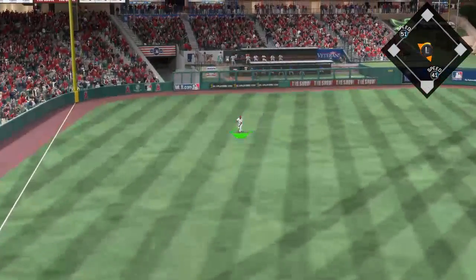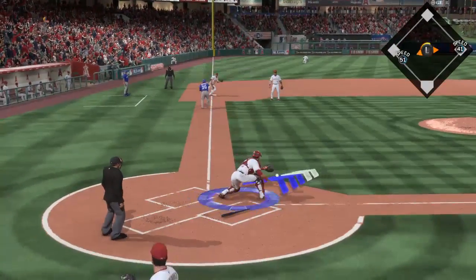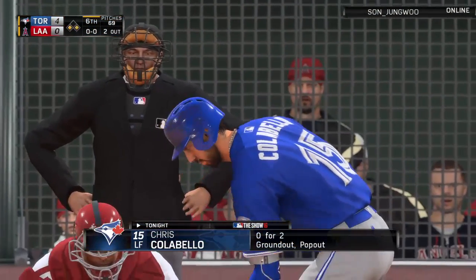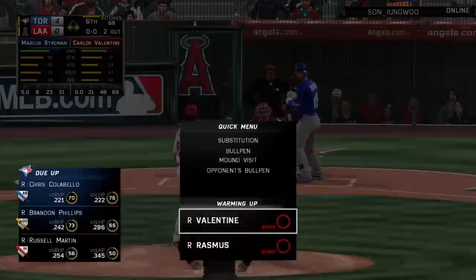Line drive to left. And that's in there. Base hit. Oh, and he runs right through the stop sign. Throw comes in quickly here, and that'll prevent the runner at third from testing things here. Chris Colabello stands in with runners at the corners now, looking for a 3rd straight 2-out hit and a run